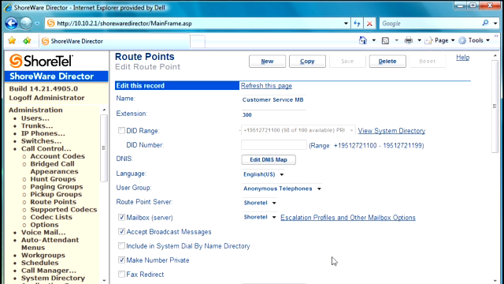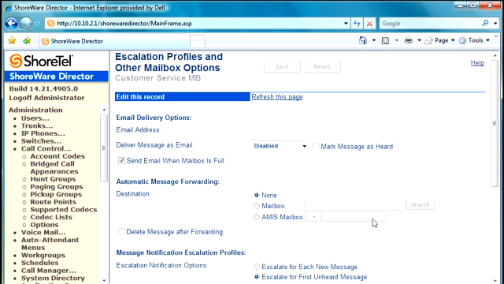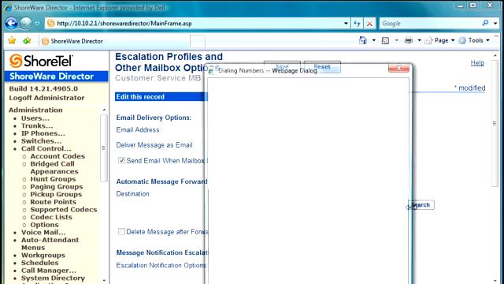Now that's great, but we need to get the message to an individual. So what we do is we use this escalation profile to set the ability to send that message to an individual. We can do one of two things. We can either email them that message so they can go back and check it. And if we do email them, we can attach that message as a WAV file. Or what we do in a lot of cases is send it to someone else's voicemail box. So I'll choose mailbox here, and I'm going to put an extension number like that, 100 for the operator,